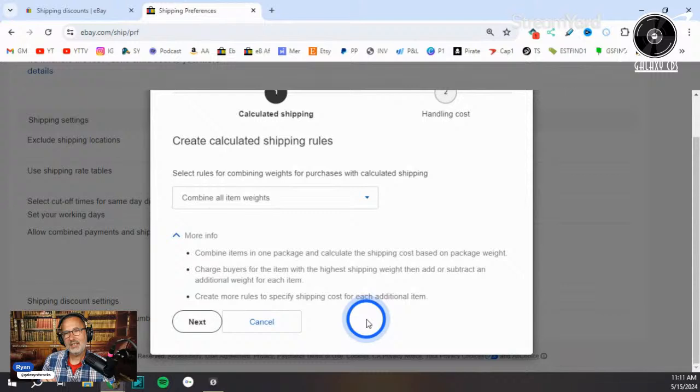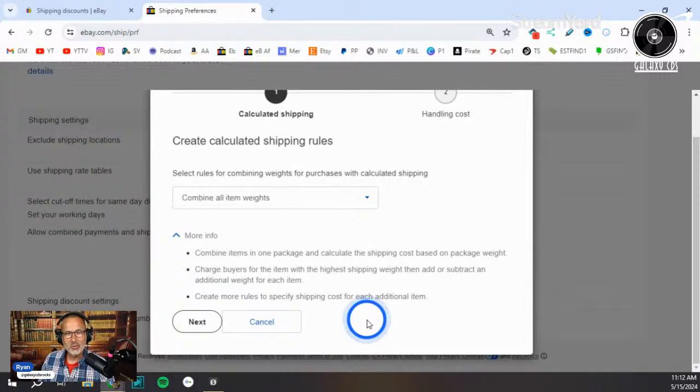I've noticed that, for instance, say two 6-ounce books that total less than 1 pound should still be $4.13 media mail shipping. For some reason, eBay only charges $4.12 on that combined package. I don't know why it does that. It's only a penny. I'm not that stressed about it, but sometimes it's a wee bit off. So just be aware of that.